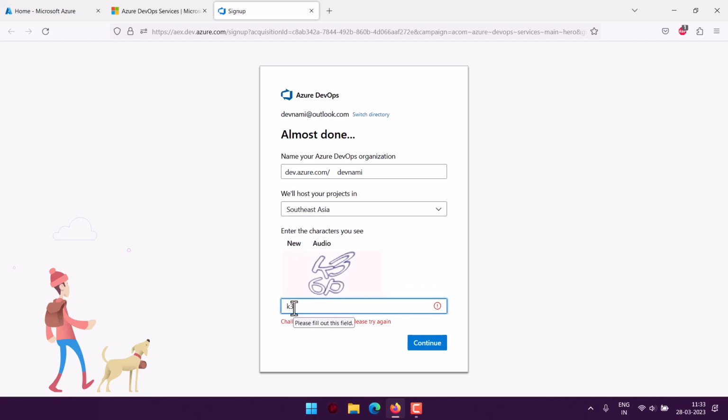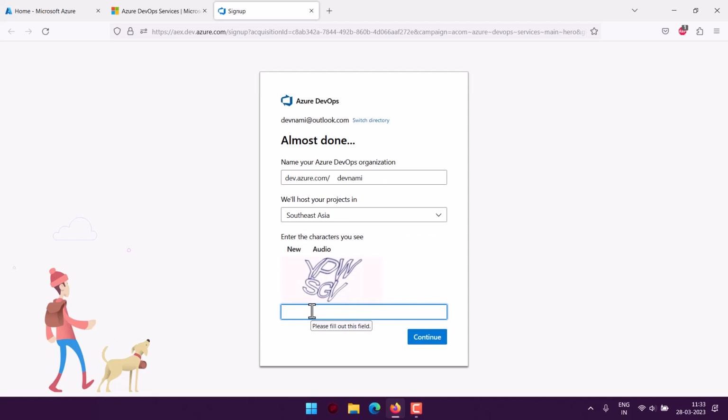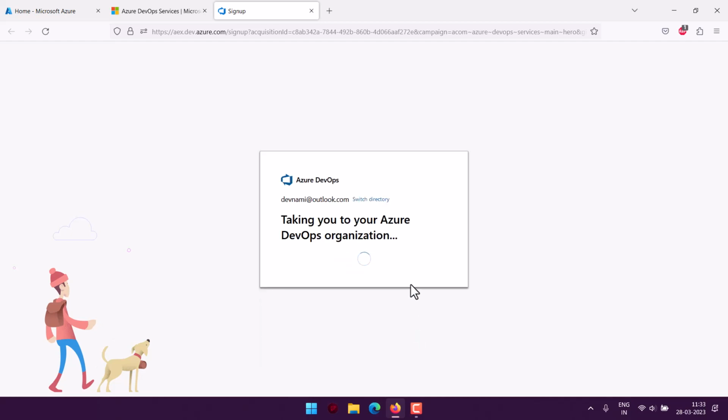Then I will choose the CAPTCHA. The CAPTCHA comes in because it thinks that we need to be rechecked before we are given any access. So I don't know why it is creating this issue. So let's try and use that, or otherwise I can click new. So yes, YPWSGB, right? Now click continue, and it will take me to